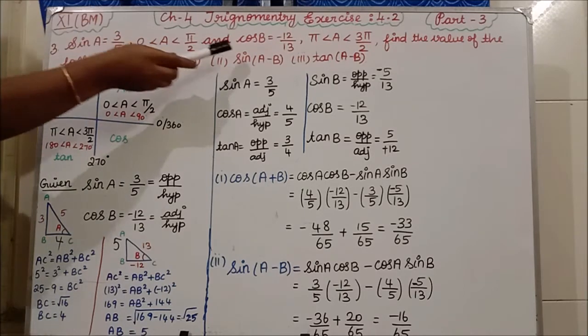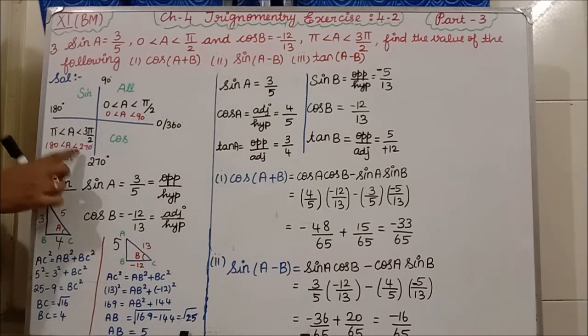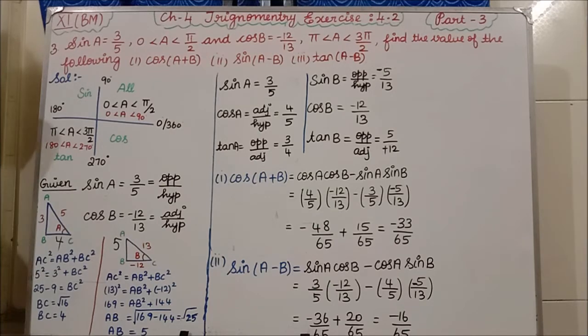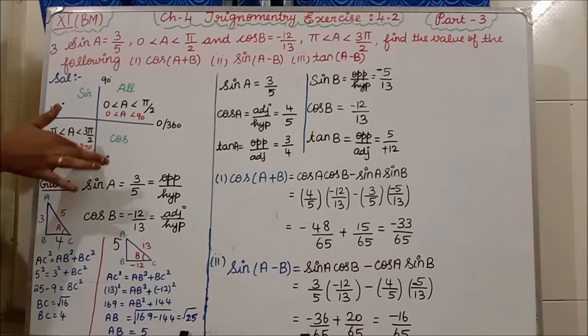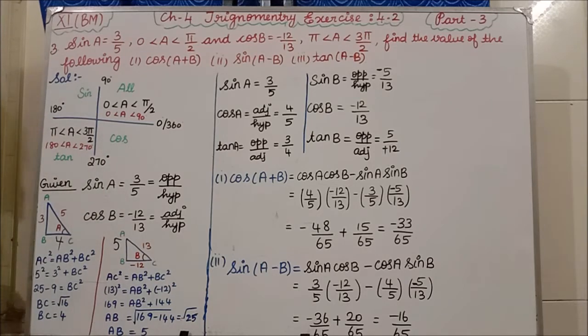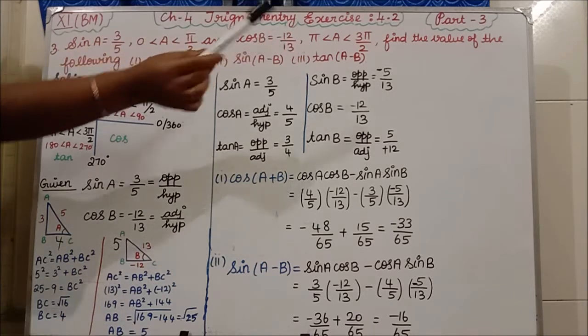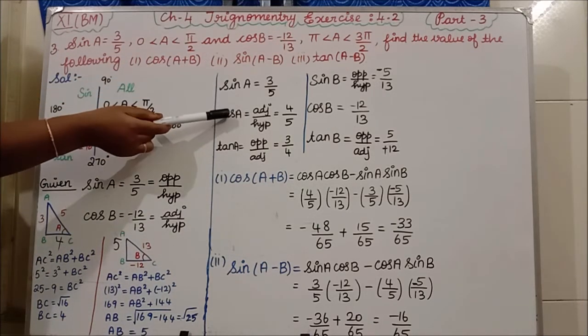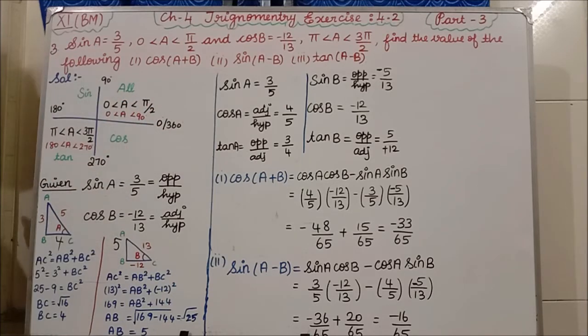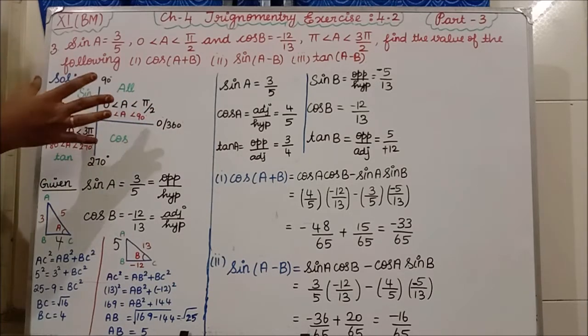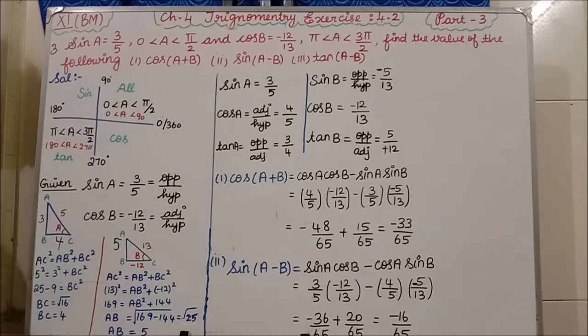What I told, cos B, it is lying in the third quadrant, I told you. Isn't it? So in the third quadrant, only tan is positive. Remaining all are negative. So that only sine B is negative, because cos B is fully lying in the third quadrant, where everything is negative. Okay, sine B is also negative in the third quadrant. So minus 5 by 13. But if you see in angle A, everything is lying in the first quadrant. So everything will be positive. So no sign is getting changed.